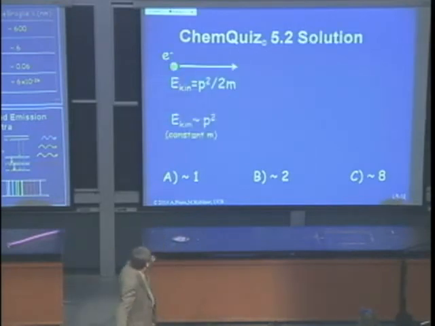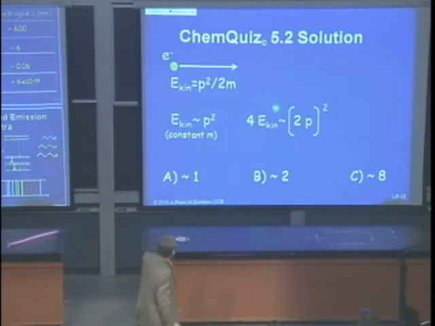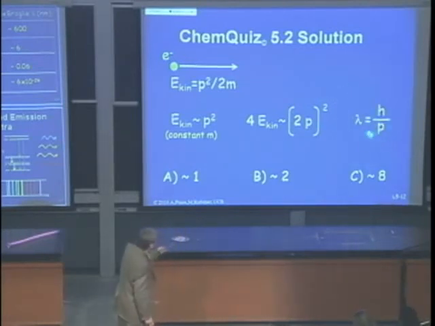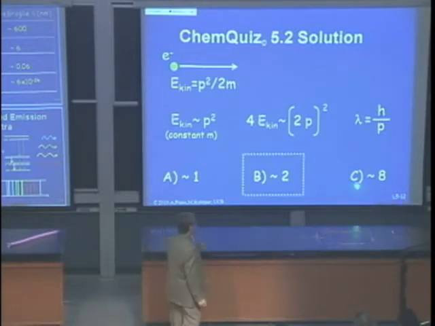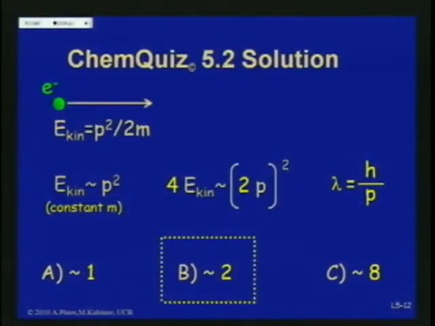So this is the kinetic energy. This is your relation between the kinetic energy and the momentum, the m and the factor 2 as a constant. So 4 times the kinetic energy is 2 times the momentum squared, all right? So with this, you can put that in here. So there's 2p in here now. And with this, your wavelength gets 1/2, all right? And 1/2 of 4 is 2. And 8, of course, we have ruled out because if the energy increases, the wavelength has to decrease, okay?